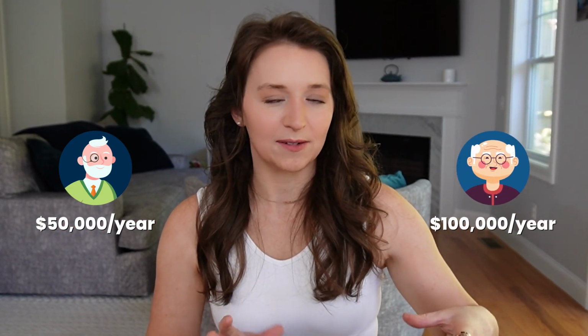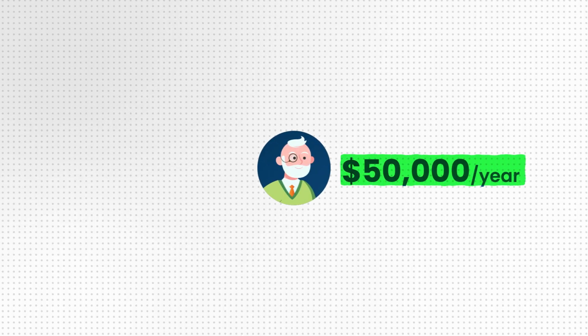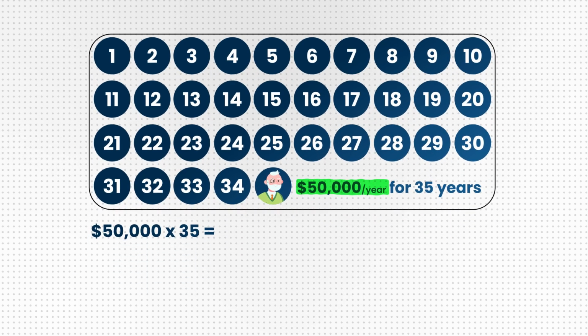So let's run two examples. Let's say we have a worker who earns $50,000 a year every year for his 35-year working career. But let's say we have another worker who earns $100,000 a year every year of his 35-year working career. So starting with the individual earning $50,000 a year, we calculate their entire lifetime earnings. This is simple and straightforward, since we're saying that they earn $50,000 a year for their entire 35 years, they will have a lifetime earnings of